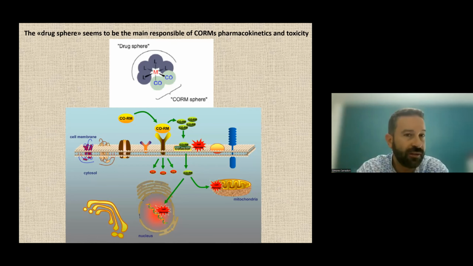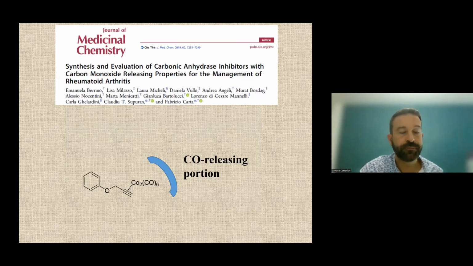This is important because the molecule deriving from the release of the carbon monoxide, the so-called iCORM, the exhausted molecule, can, because of the presence of a metal, have a role in the generation of reactive oxygen species, especially poisonous for mitochondria and also nucleus. But the most important thing is that, keeping the cobalt reactive constant, we have to consider also the drug sphere, so the organic scaffold, which is linked to the cobalt compound.